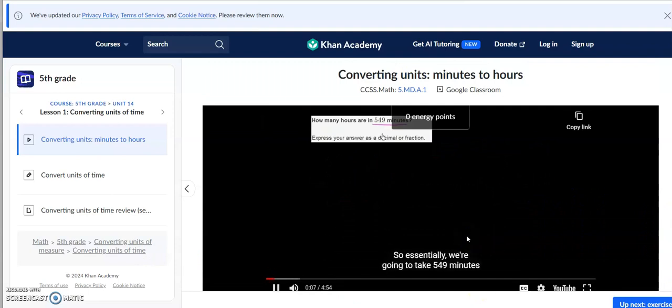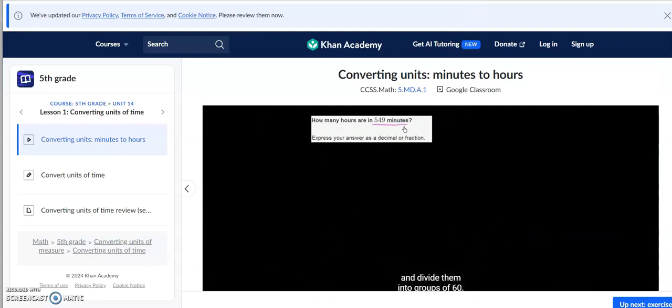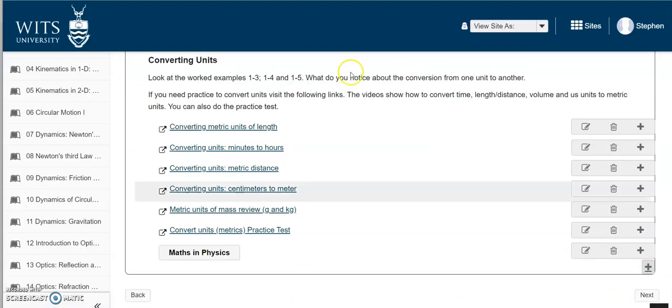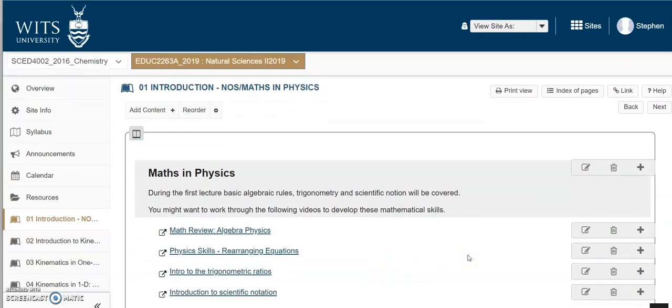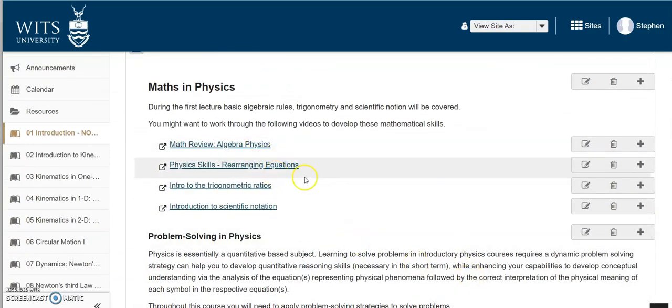So students can get the help they need before the lecture. And then we looked at the maths and physics. So again, access to videos so that if their maths was weak, they had this additional support. And I think the lecture ended